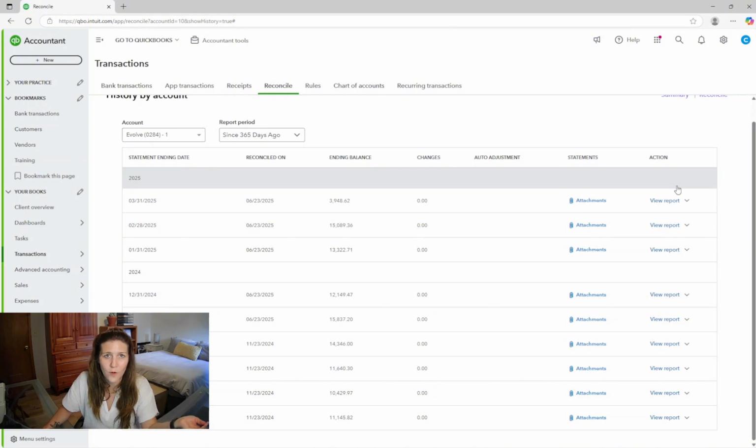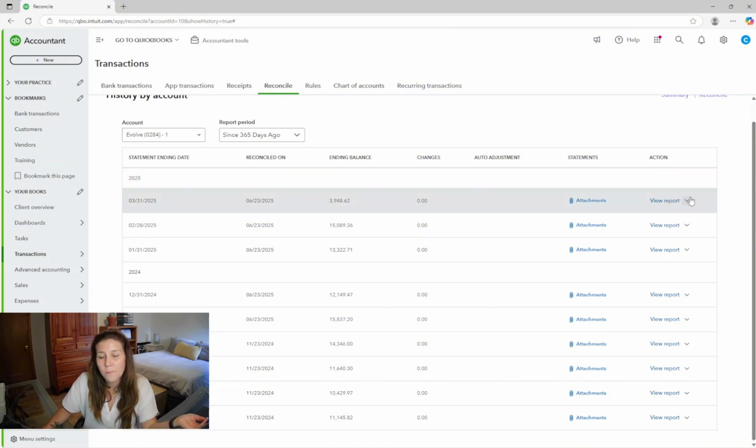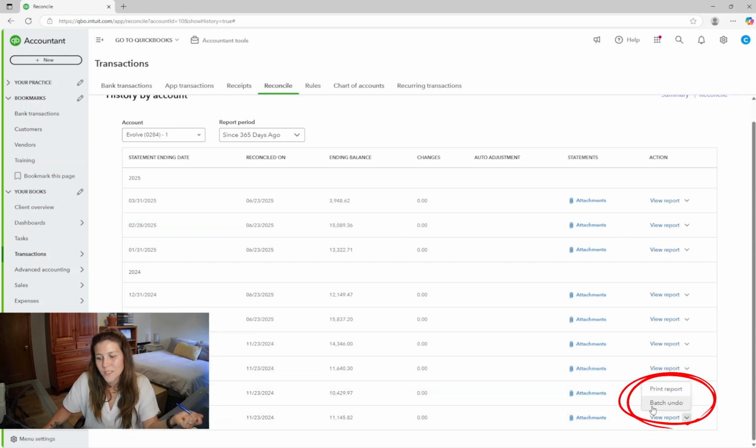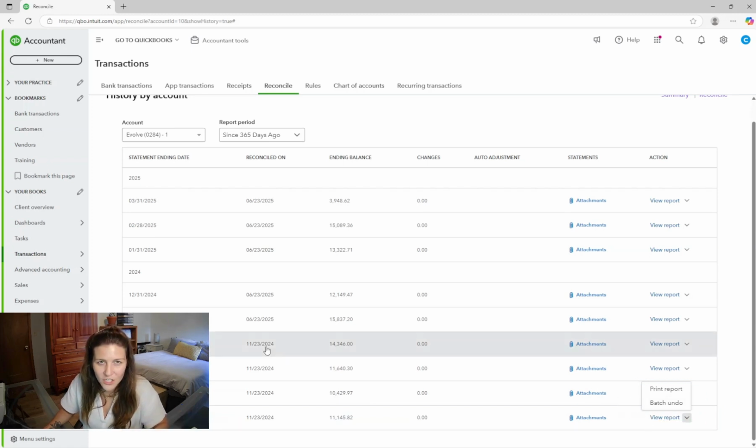Pro tip: if you need to undo say a year's worth of reconciliations, instead of going one by one to undo them all, just go to the oldest reconciliation that you want to undo, and you'll see this batch undo button, which will undo every reconciliation that